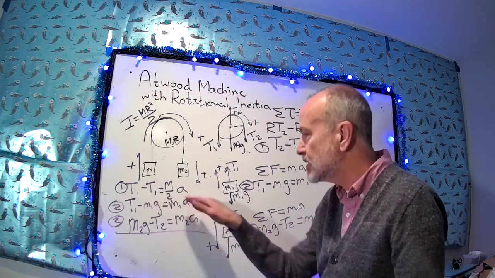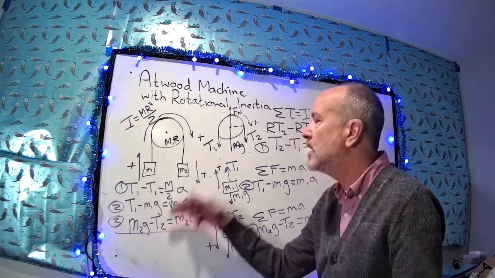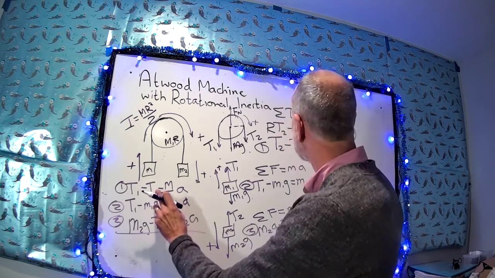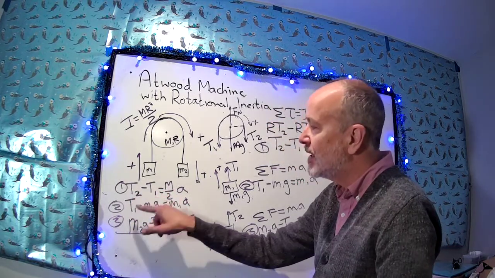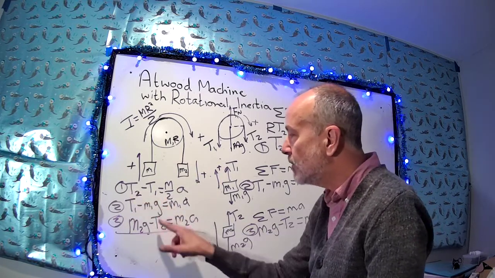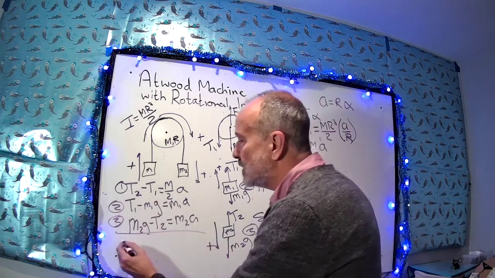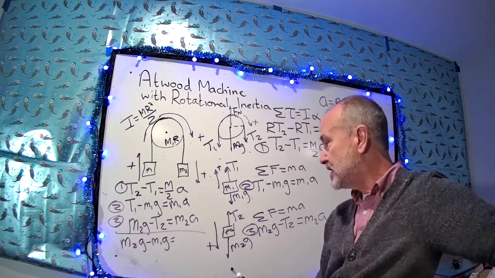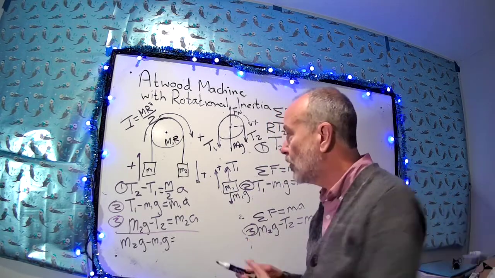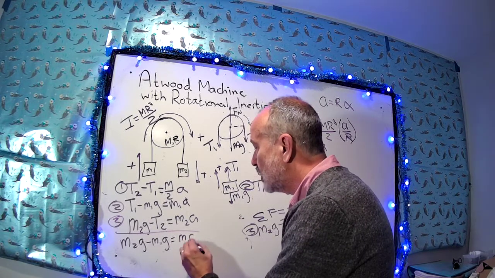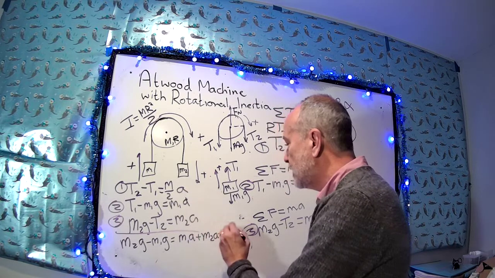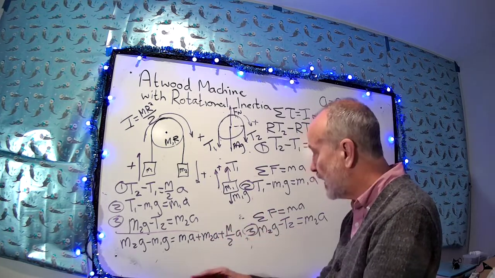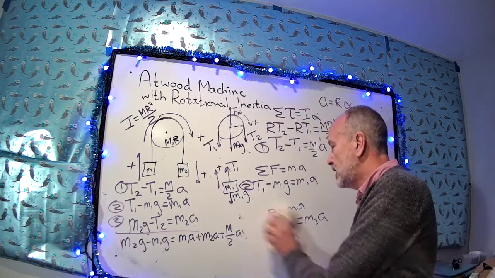If this equals this, and this equals this, and this equals this, then this plus this equals this plus this plus this. Look what happens. I've written this wrong. This is T2 minus T1. Okay, negative T1 plus T1, those cancel. T2 minus T2, those cancel. So adding the rest of it, you get M2G minus M1G equals, and now I've got to erase some stuff here because I need more room, M1A plus M2A plus capital M over 2 times A. Well, I can factor out the A and divide both sides, and what you end up with is